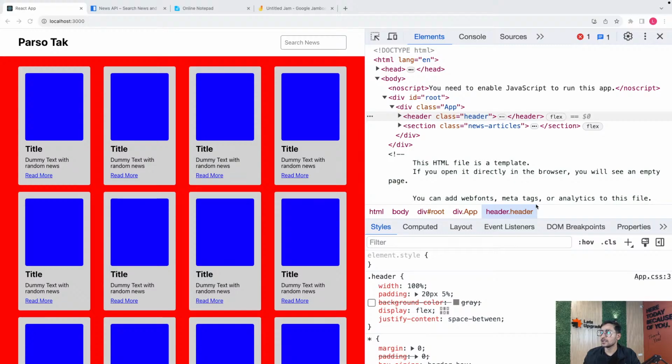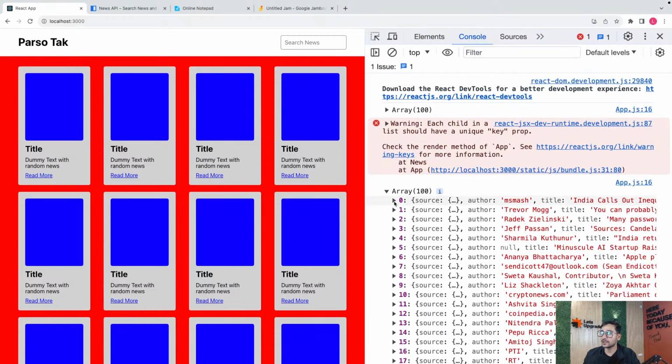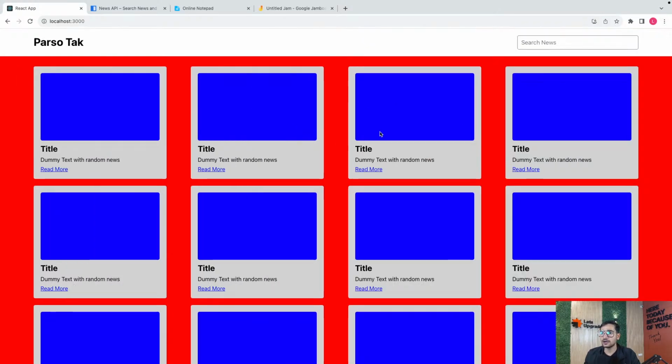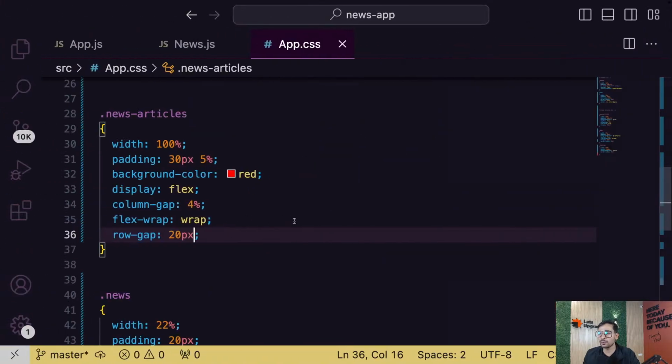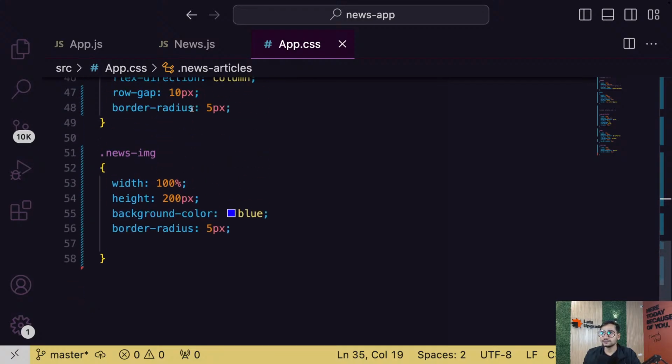Okay, cool. So let's read the articles that we have here. Inside every article, guys, we have the author that we want to display. I want to display the basic content that we have. I want to display the title and I want the URL to image as well. So these are the 4 or 5 things that I want. We can also display the source as well. So let's also add the author and the source. Yeah, we can also dock below. Yeah, definitely.